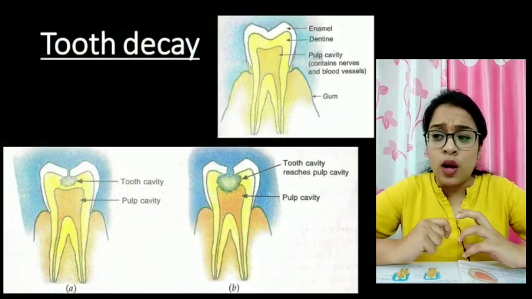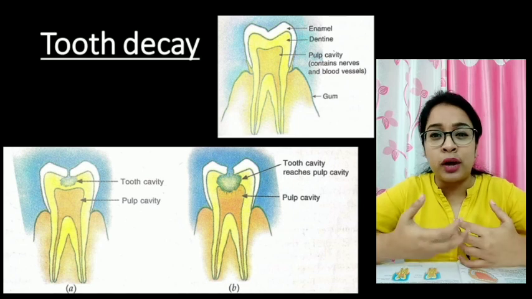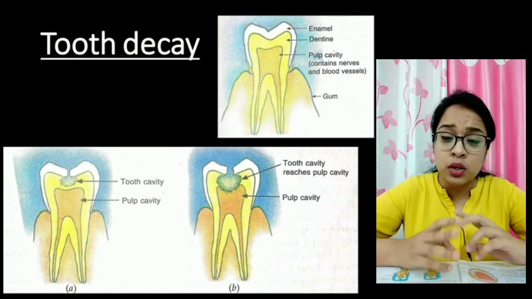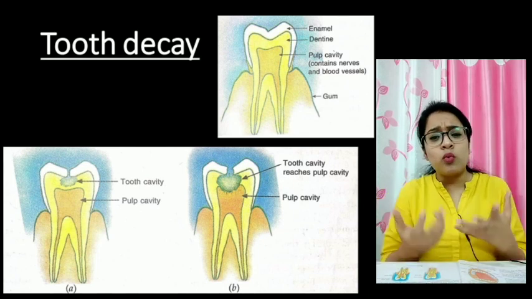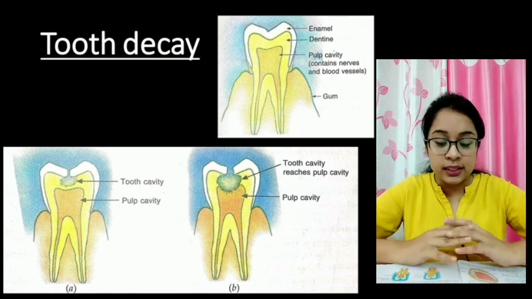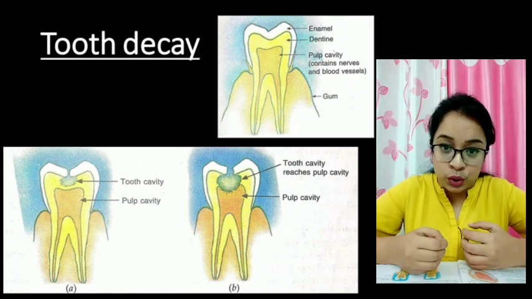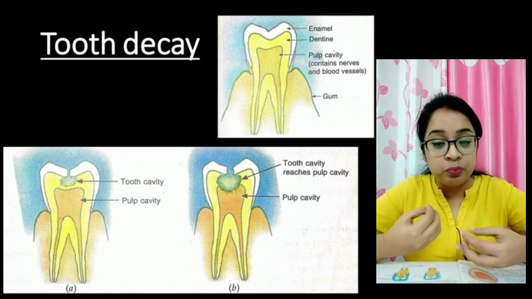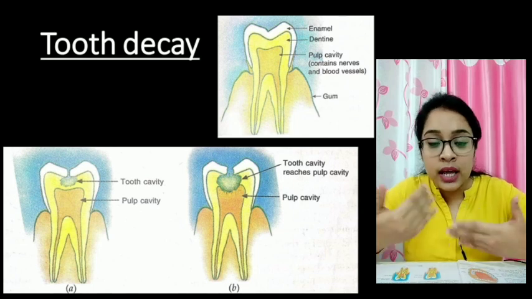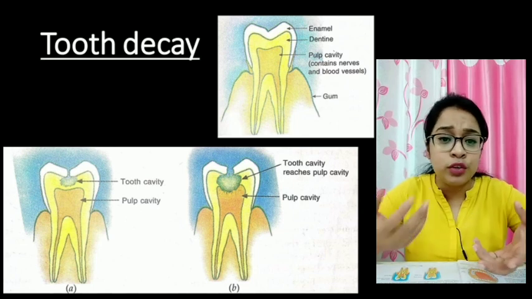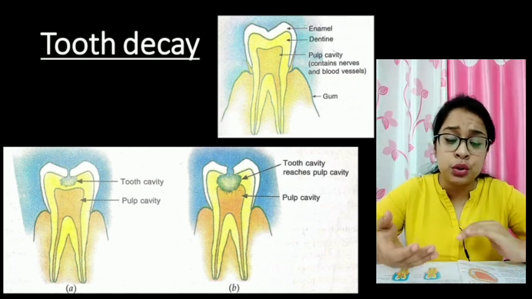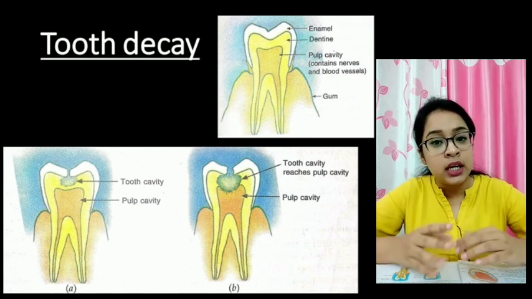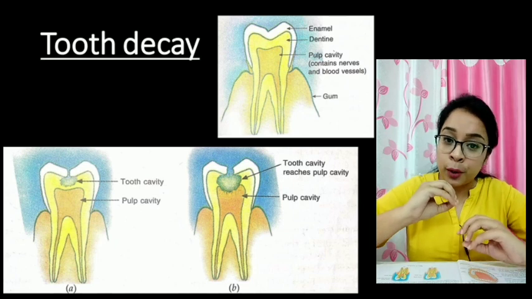Now students, we always hear that we should brush twice and take care of our teeth. Just now I told you that enamel is one of the strongest things in your body. Then why are we so concerned about it? Whenever we eat food, some of the food particles get attached to our teeth. What should we do? We should clean our teeth by brushing, or simply wash our teeth after having anything. If we don't do that, then the food particles will remain attached to our teeth.